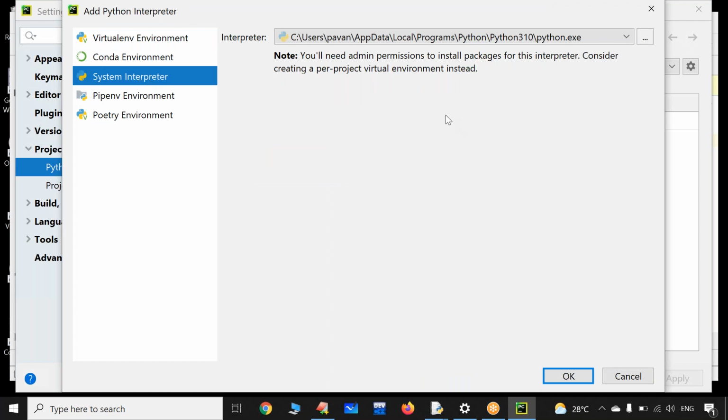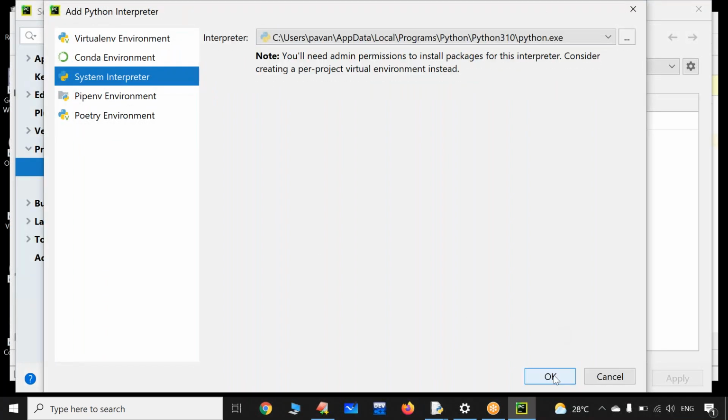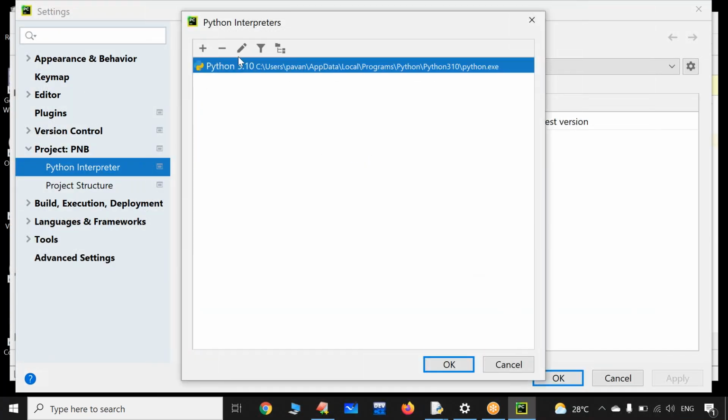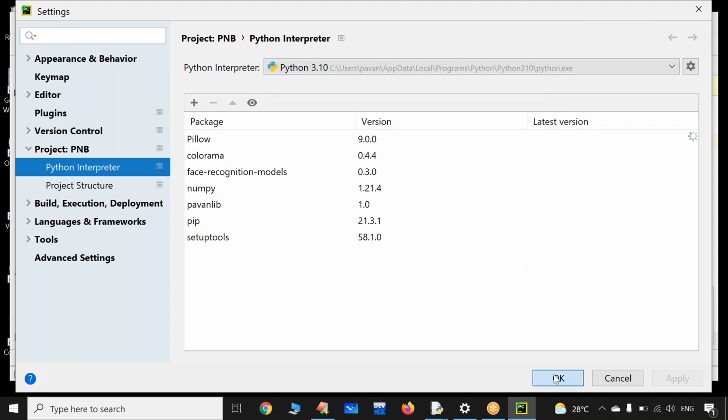Click on system interpreter. Click on OK. Then this interpreter will come. Using this interpreter, your programs are going to be executed in the PyCharm IDE. Click on OK. Then again click on OK.